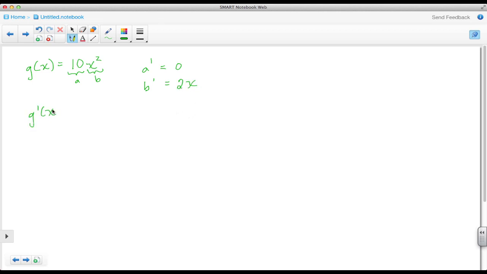Right, now the derivative of g of x, I write the first term, which is 10. I take the derivative of, I keep saying term, but I mean factor. The derivative of the second factor is 2x. I'm going to add that to where I now write the second factor, which is x squared, and I'm going to multiply that by the derivative of the first factor, which here is 0. So I have 10 times 2 to give me 20, and I've got an x, and then plus x squared times 0, which is just 0. So here I have the answer of 20x.